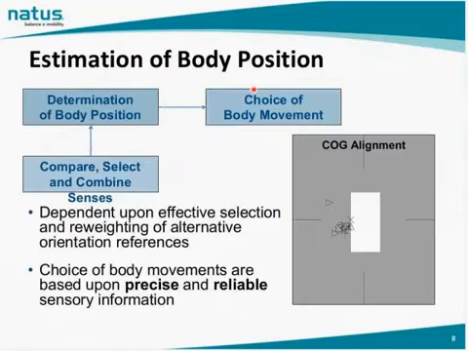The estimation of the body position in space is very critical, and that is frequently referred to as center of gravity alignment. This tells you whether or not the person is standing straight up and down, leaning too far to the left, as in this graphic, too far to the right, too far anteriorly, or too far posteriorly. And it can be seen in some patients that balance problems are simply due to extremely poor center of gravity